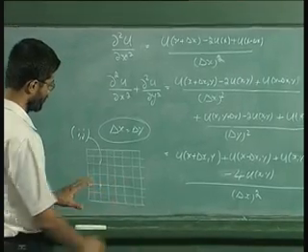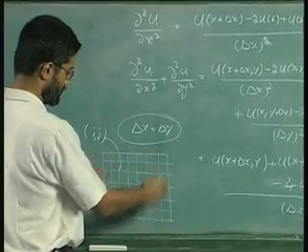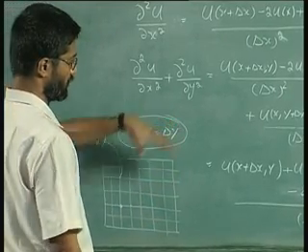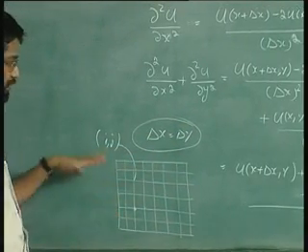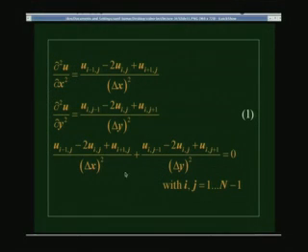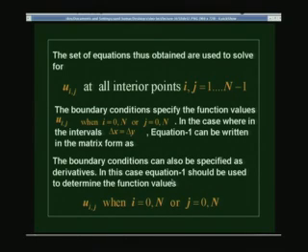So if I have an n by n lattice here, an n by n grid, then I have n into n equations to solve in this particular case. For every point i and j I have an equation. So you will have n into n equations to solve to get this solution. Okay, so we will write that down specifically. So we choose this particular